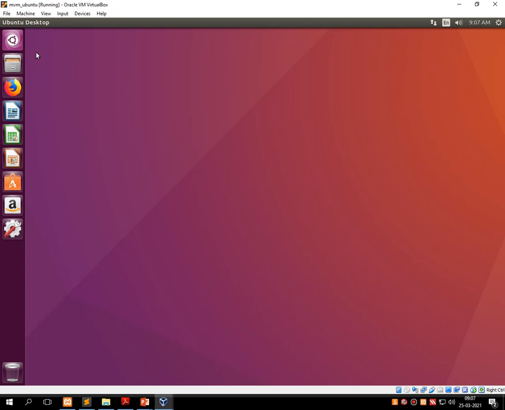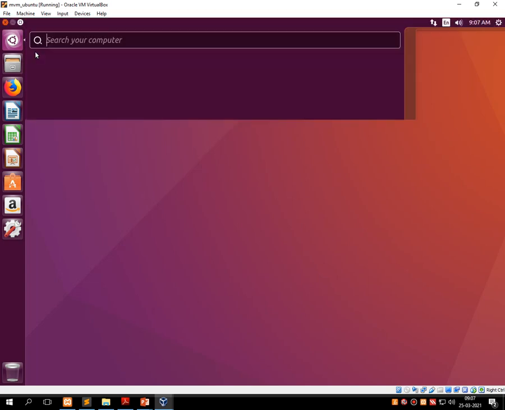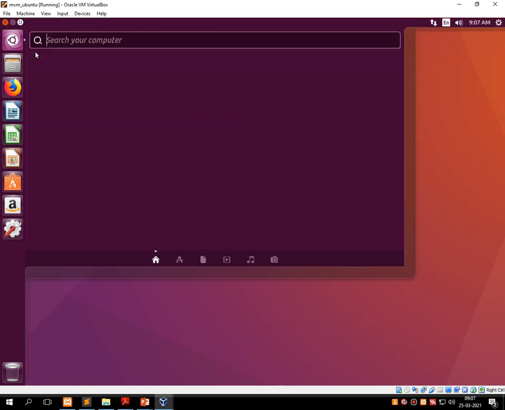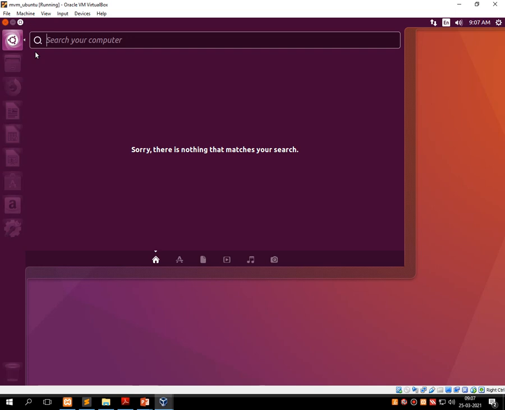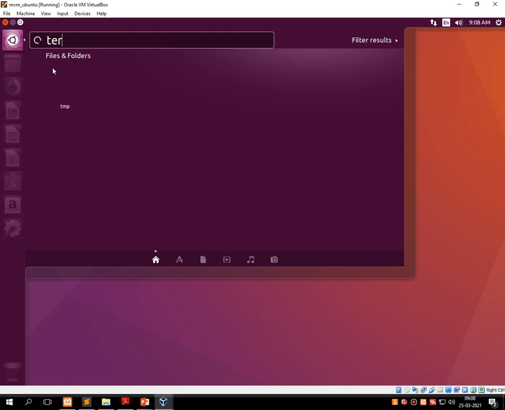First, as all of you know, we have to load our terminal window in the Ubuntu operating system for performing various shell commands. For that, in the search window just type terminal.